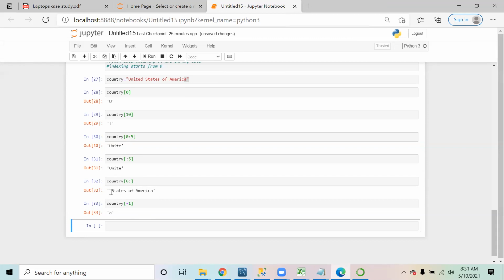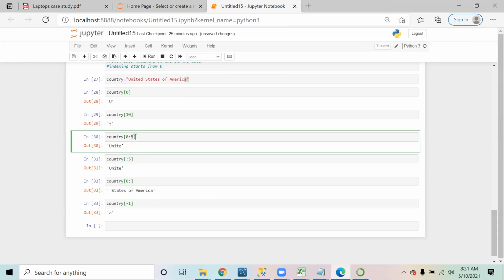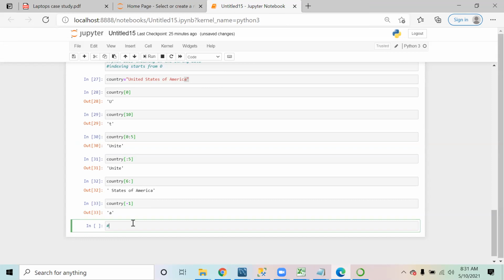So this space that you see over here, that is 6. So the end part it doesn't take. Thanks for reminding me of this. So when you say 0 to 5, it will go up till 0 to 4 only. So you can call it up to and not including. It doesn't include the last part. It doesn't include the third index, the last one. The last point you mention, it will not include that.